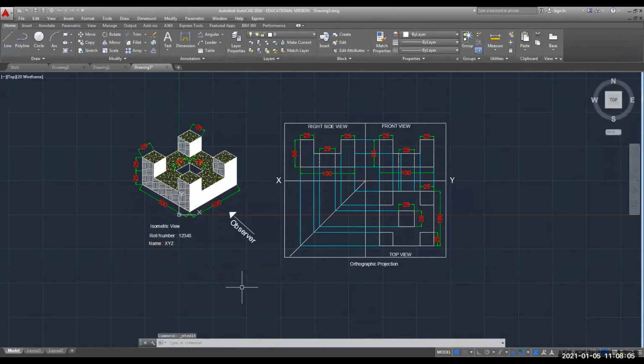I'm writing XYZ for your name. You can write your roll and your name. And this is our ISO to ortho, because here we have drawn both ortho as well as ISO. So the title of this sheet I will give.